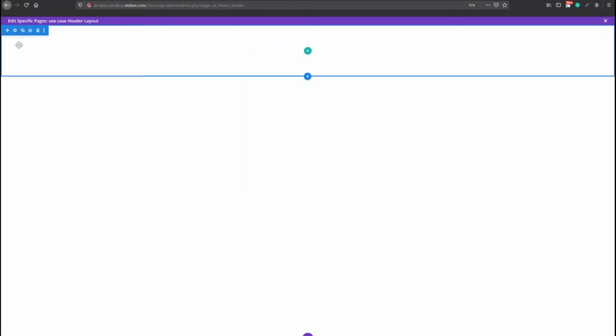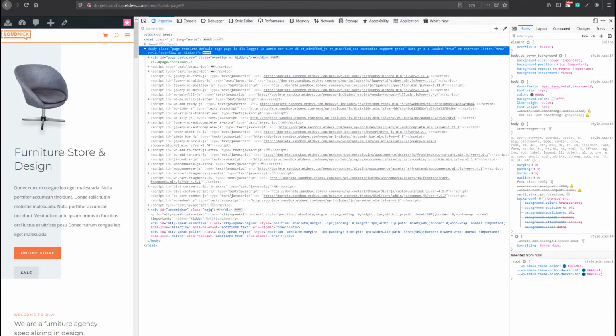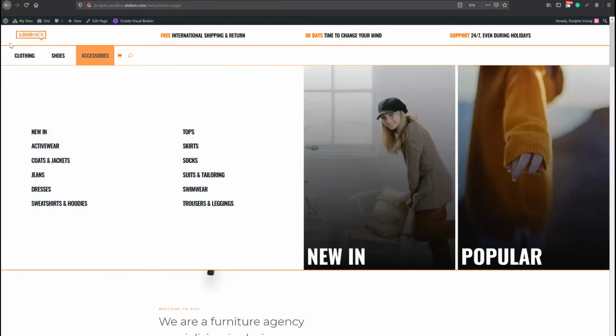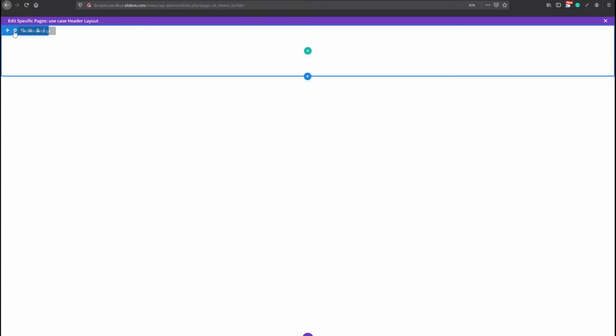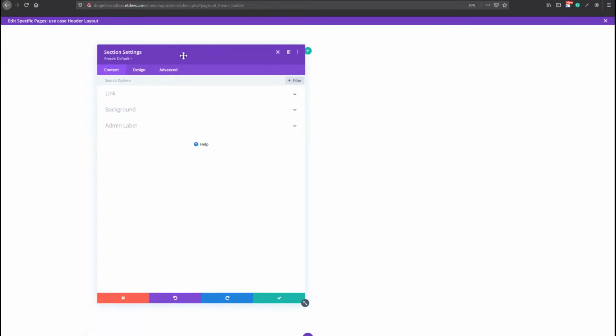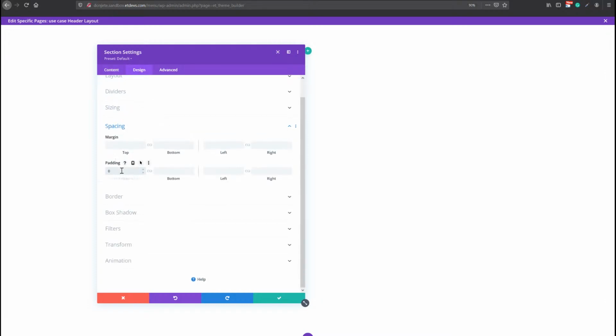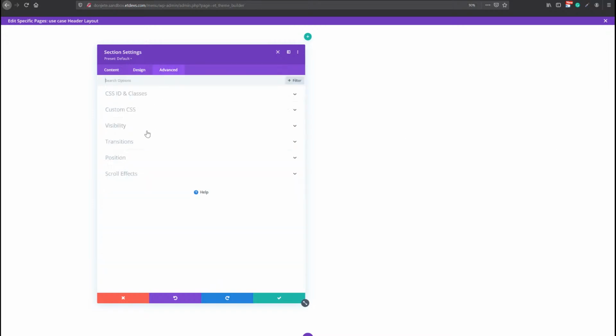So we already have a section over here, and this will be dedicated to the header over here at the top. So before adding any elements, I'm going to open the section settings and make some changes here first. I'm going to remove all default top and bottom padding by adding 0 pixels to both options in the spacing settings. And I'm also going to hide this entire section on smaller screen sizes in the visibility settings over here. So phone and tablet